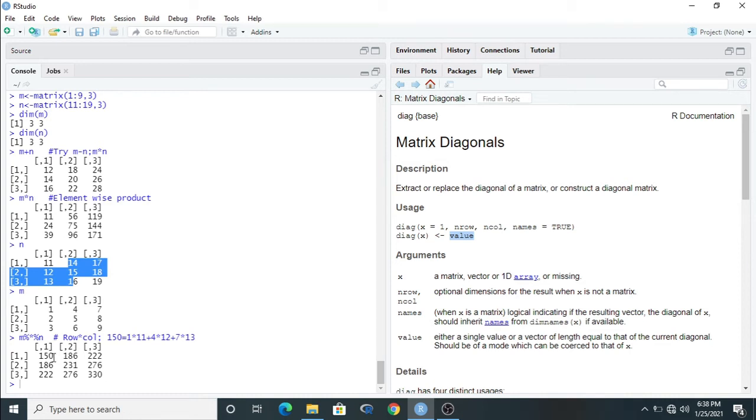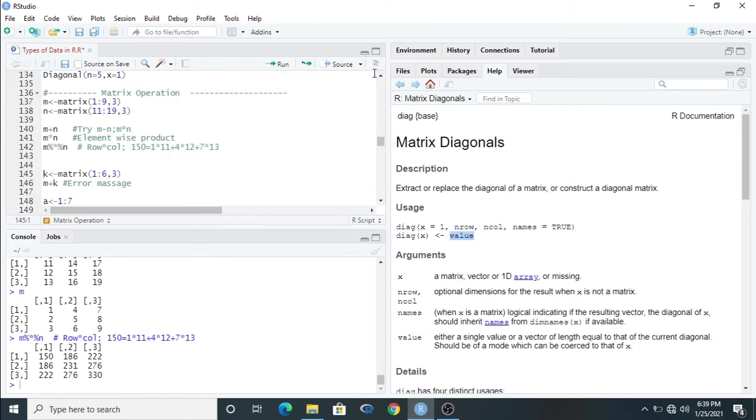This indicates the summation value. Clear? Then the same way, the third row of m will be multiplied with the third column of n. Clear? And the value will be shown as a summation. Clear? This is the matrix multiplication. Okay, then come to the next.